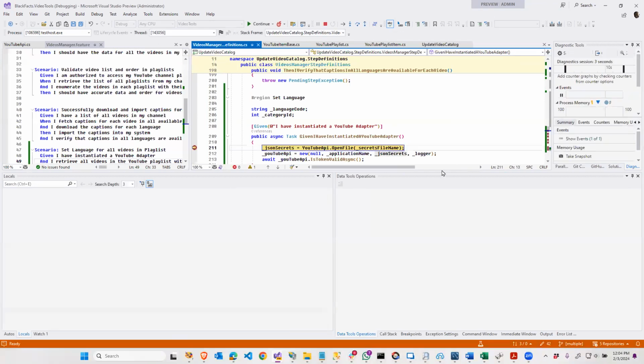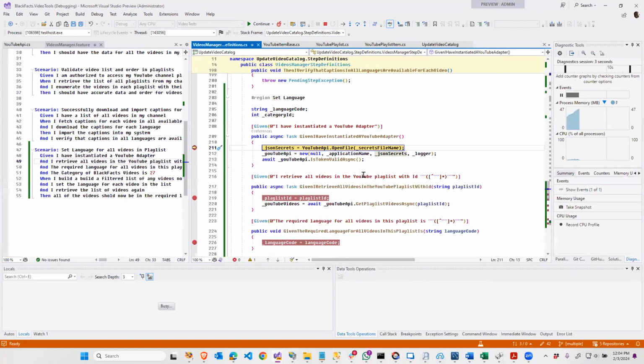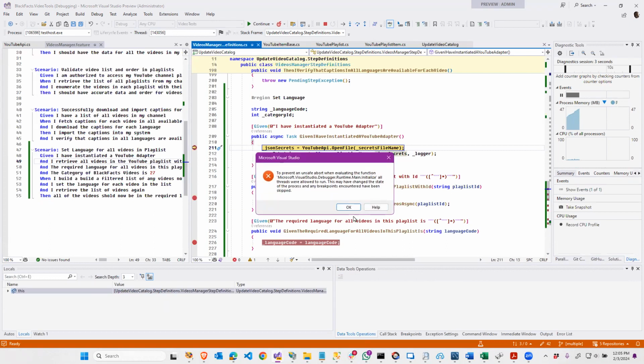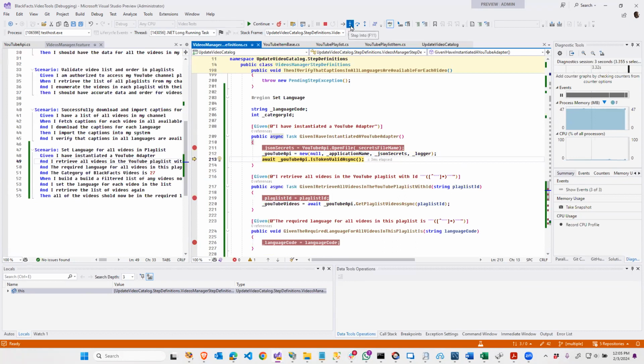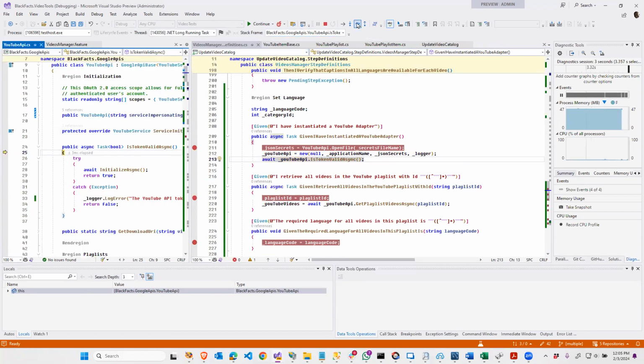So let's see. All right. I've actually stepped through this before, but because the YouTube API uses a token that may have expired, I will see. Uh-oh. I think I might need to, I think what just happened. No. I don't know why I did that. Okay. Because actually the method that does the test is in here, that checks the token is actually in here,